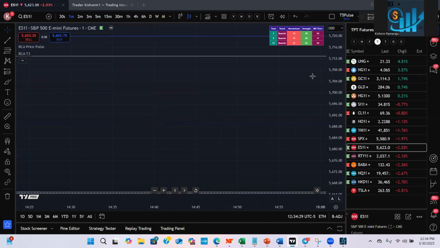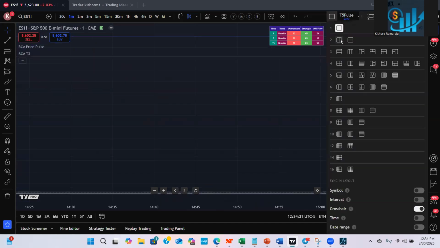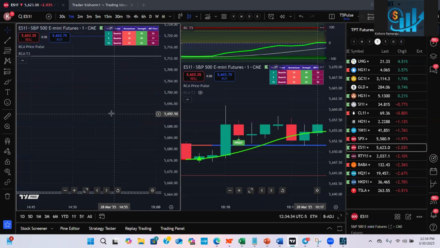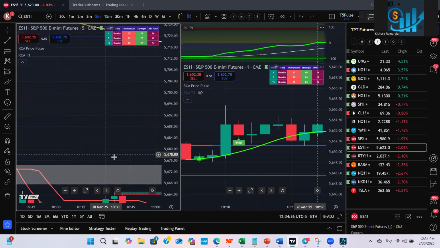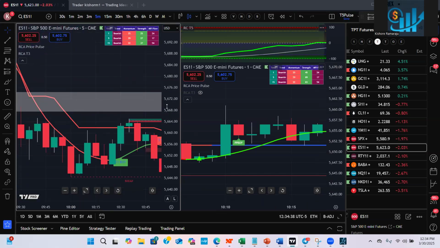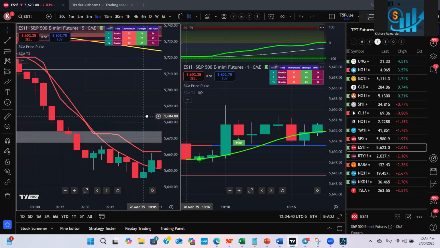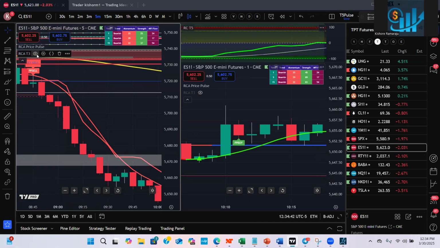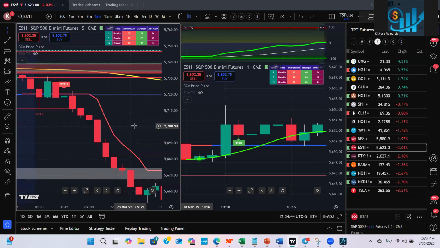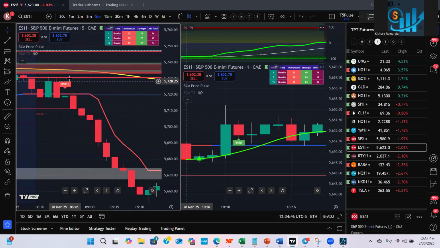But if you are getting confused with that approach, then you do this approach where you use 5 minutes in one window, so that you clearly know whether we are in the sell or in the buy. If you want, you can hide the T3 also. You just wait for the price pulse sell or price pulse buy. Whenever you get a price pulse sell,